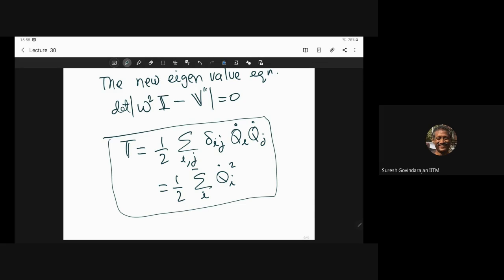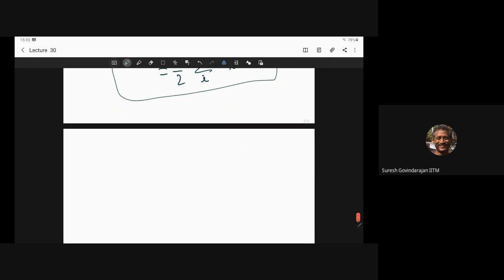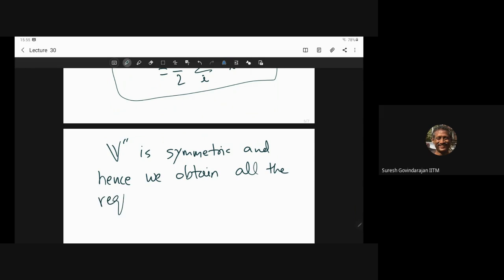Okay. So now you can see that this is a standard eigenvalue equation. We're just finding the eigenvalues and eigenvectors of V double prime. And V double prime is symmetric, and hence we obtain all the required eigenvectors. Of course, if eigenvalues are equal, then you will get a subspace in which you find an orthonormal basis and do Gram-Schmidt or whatever. That you know. But the key point is you will get n eigenvectors,